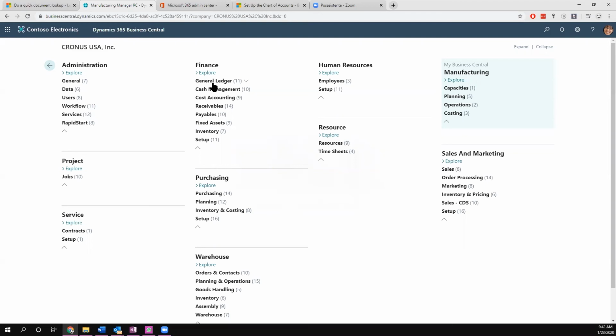Then finance, well, we have the general ledger, cash management, where you can perform banking, where you can complete reconciliations, import from your banks. We can help you to actually customize information and import it here, right, into Business Central. Also, we have cost accounting, which is a more advanced type of accounting process if you want to work with cost centers, profit. We have receivables, payables, fixed assets, where you would then